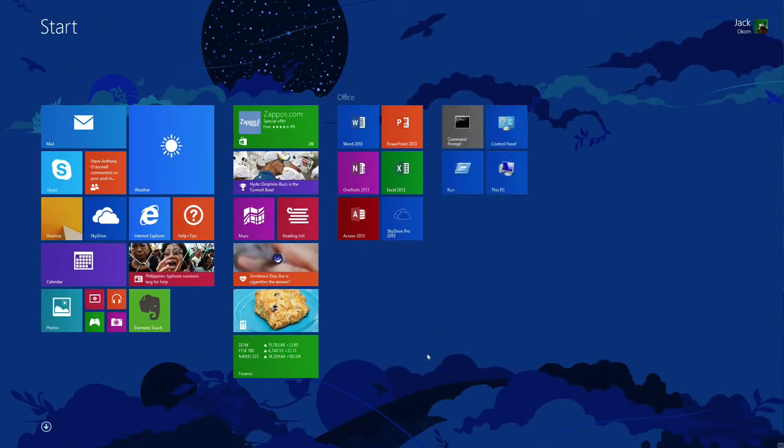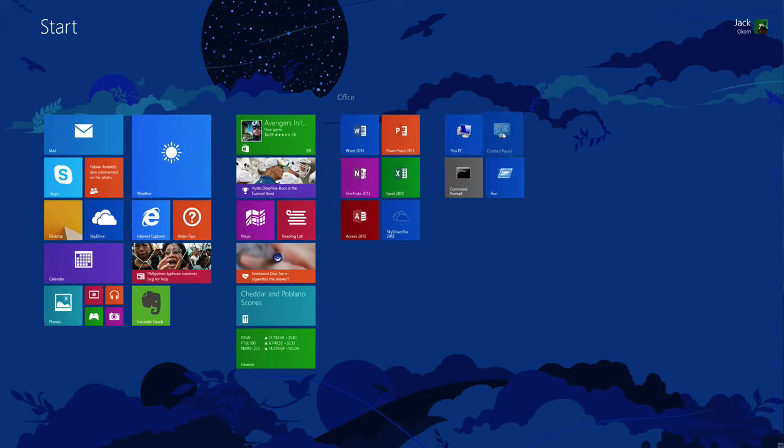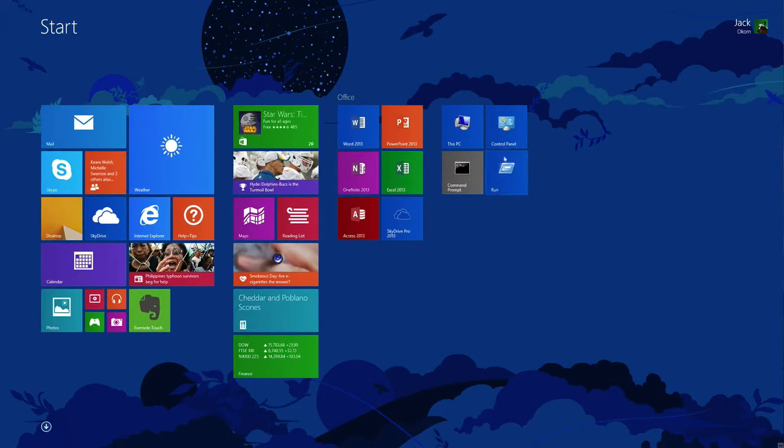Click on Pin to Start menu. And you can now see that those are added right here: Command Prompt, Control Panel, This PC, and the Run. We can change those around a little bit because it doesn't make sense. We're going to just take This PC and move it to the top. We are going to move the Control Panel to the top and have Run and Command Prompt here at the